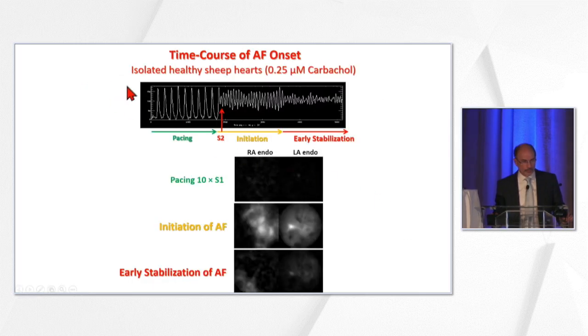Here's our protocol. The experiments were done in the presence of 0.25 micromolar carbachol, so in a sense it's a vagal atrial fibrillation. Here we see pacing with the 10 stimuli in the left atrium and premature S2 that was followed by a relatively organized stage, which we call initiation, and it's followed by less organized and faster activity, which